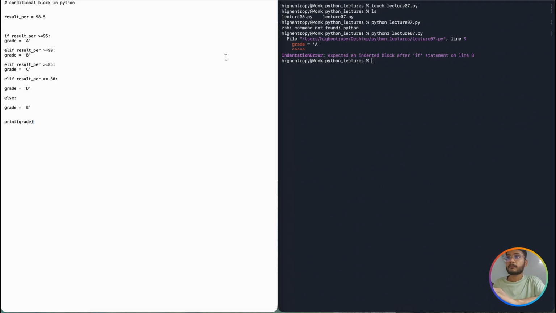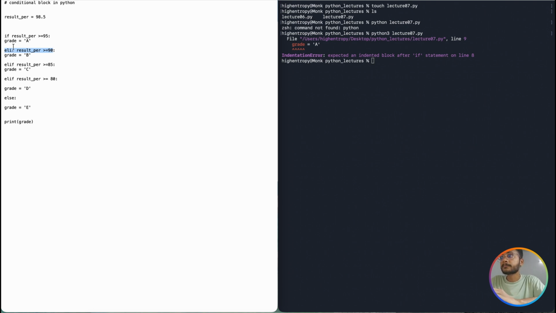Here, if you can see, grade A. So I don't know what needs to be done for this condition. It seems that once you've done this, it is expecting you to tell how many lines you want to run after it, but I just kept it like this. It won't be able to detect whether this is a condition or a line that should be executed, where it is starting and where it is ending. You can think it is the next condition similar to elif, right? But the interpreter doesn't know what you wanted to write, it can't read your mind.